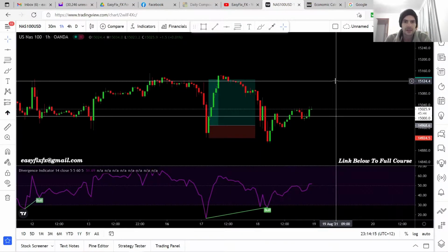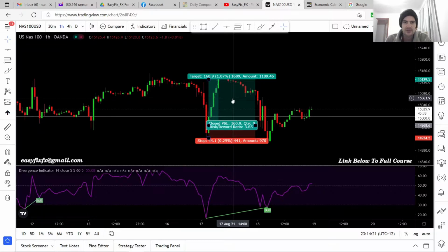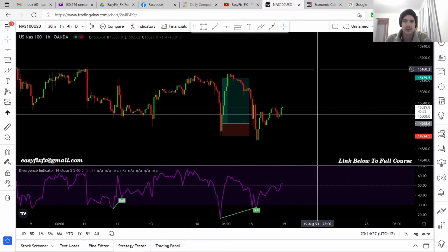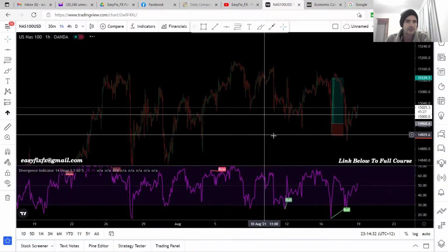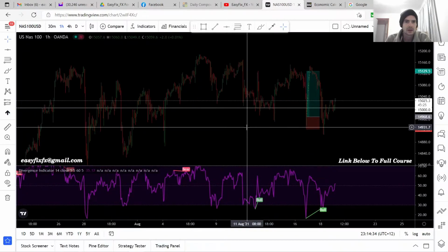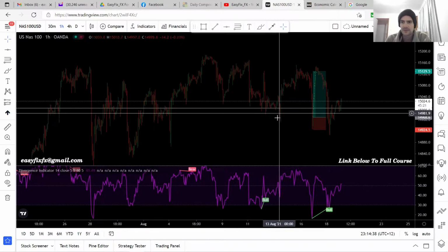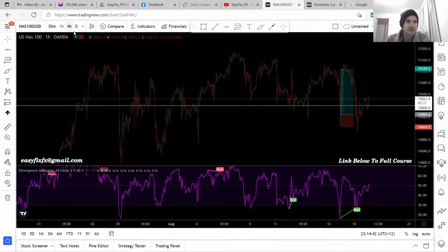Okay, guys, so basically what I was looking for with this trade turned out to be roughly about a 1 to 3.6 risk to reward. What I did was I zoomed out on the 1 hour time frame. I saw that this 15,000 round number has acted as a resistance quite a few times. If we come to the 4 hour,